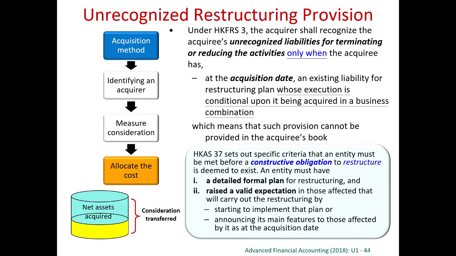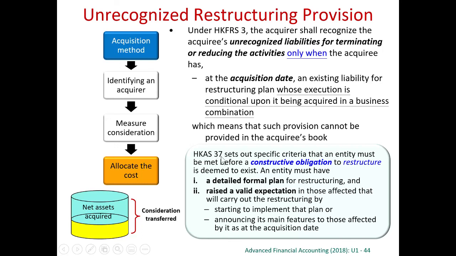Something also related to the net assets acquired. We measure assets and liabilities of the acquiree at the day of acquisition. So if this is a future obligation, we don't recognize. We only recognize a liability at the day of acquisition. In the usual case, restructuring provision is something in the future. Say, for example, after I acquire 7-Eleven, I may fire some of the staff, I may close some of the divisions, but this will happen only after the day of acquisition. Therefore, this will be a future cost. It is not a liability at the day of acquisition. Usually, we will not recognize it at the day of acquisition. But there is a very special case.